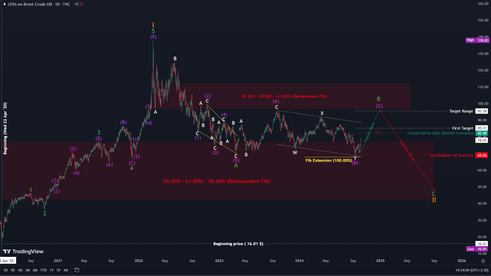I have been analyzing the Brent oil market and I'm trying to determine if the second wave has been completed. There are two possible scenarios to consider. First scenario, I see wave A as a leading diagonal, which could lead to the formation of a zigzag pattern to complete the second wave. It's worth noting that wave A could also be labeled as a triple zigzag.